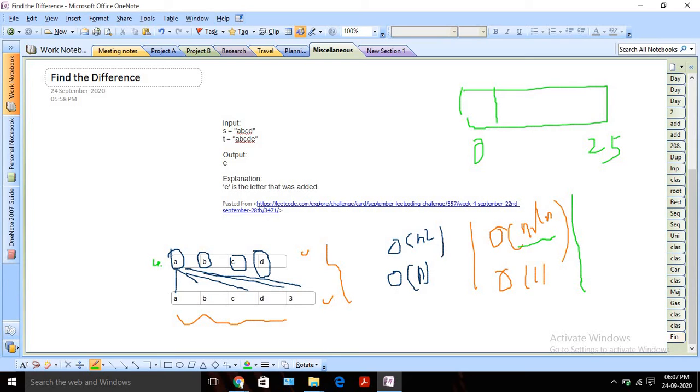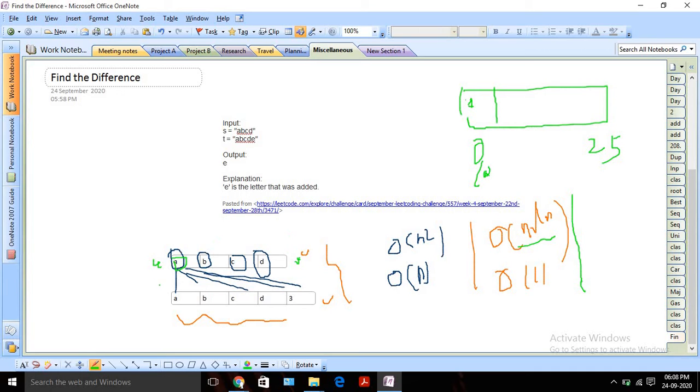Then I will iterate through the first string and check how many times this particular character A appears in the given string, right? According to that I am going to increment my frequency. Initially all fields will be 0. Whenever I find one character, I will increment the frequency at that index by 1. Basically 0 means we are considering the character A. So if I find one A, I will increment the frequency at the 0 index. Similarly we will keep doing it for other characters.